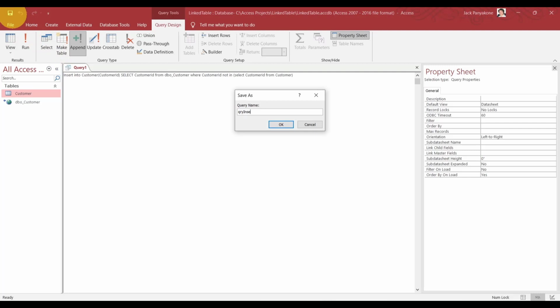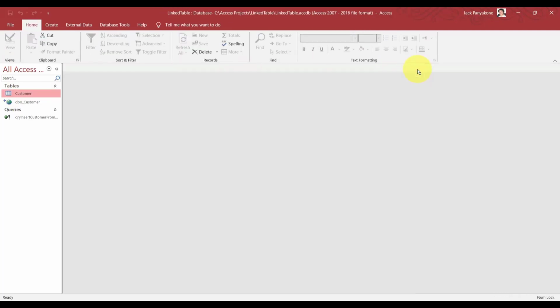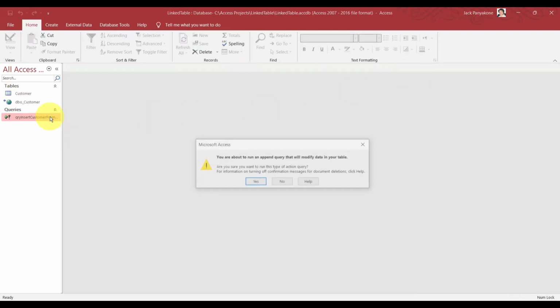Let's call this insert from linked table. I'm going to add a couple more bits in there. Let's call insert customer. There you go. So now I can close this out and I can do this. You see there? And I'm going to show you how to